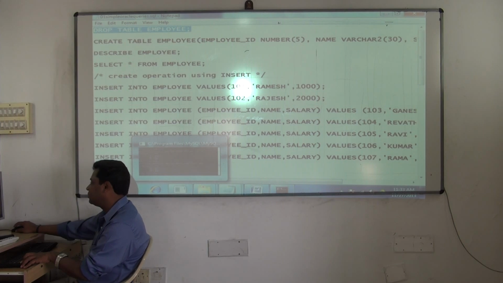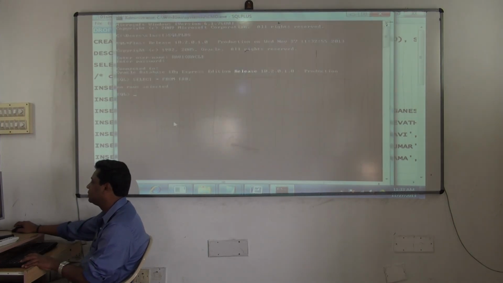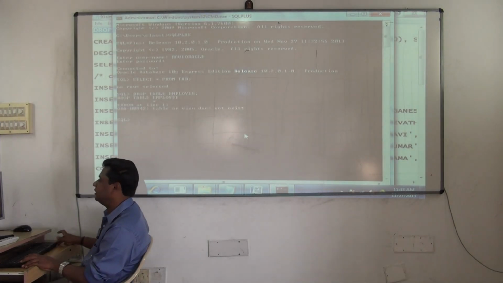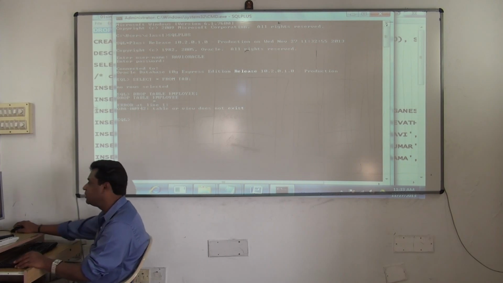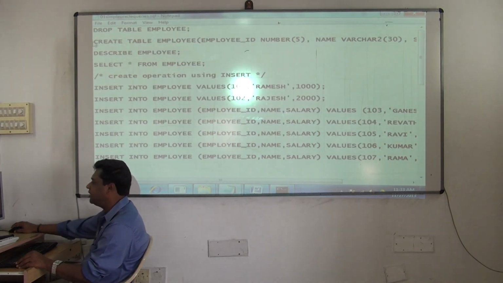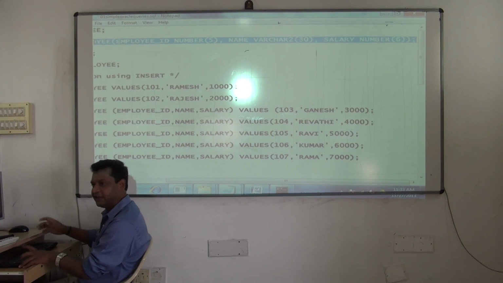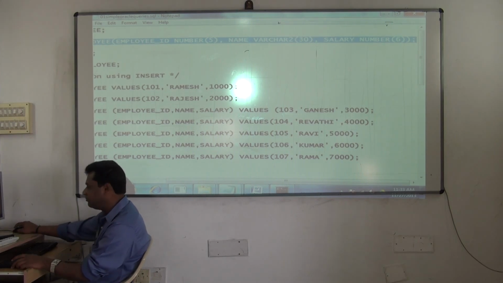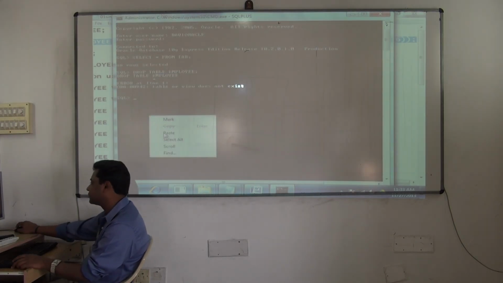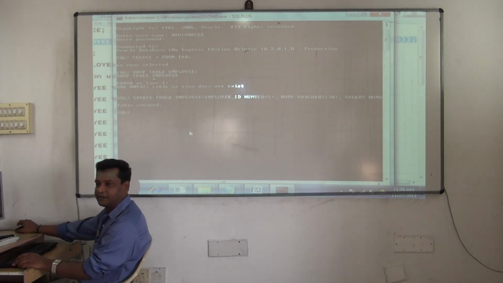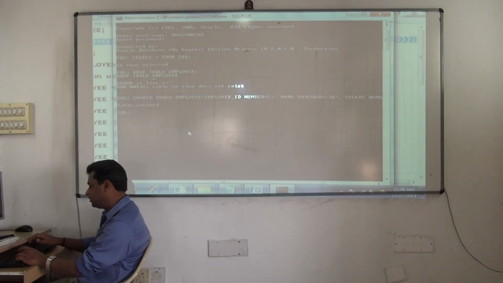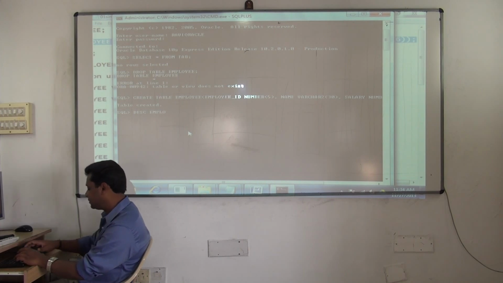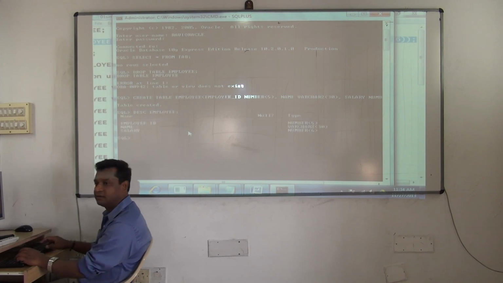So now paste, drop table, it is not there. So, table or view does not exist. If I want, I create the same thing, only you are doing it in what? In the HR schema earlier. Now you are doing it in the Ravi Oracle schema. The table is created. Yes. Now again you can start off with DESC employee. Done. Select star from. We have only created a schema.